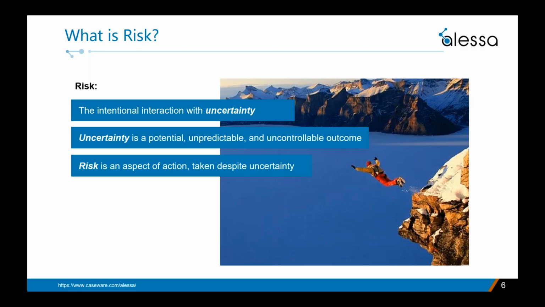Now, let's face it, any new or existing customer has the potential to use the institution for illegal activity. That's where the uncertainty piece comes in. Now, obviously, without customers, we'd have no risk, but we'd also have no business either. So we look for ways to manage this risk rather than eliminate it altogether.